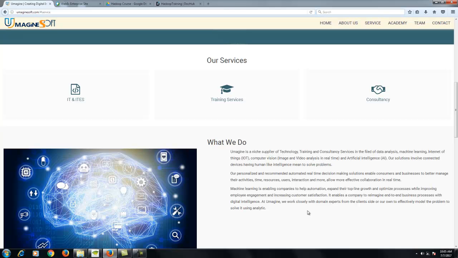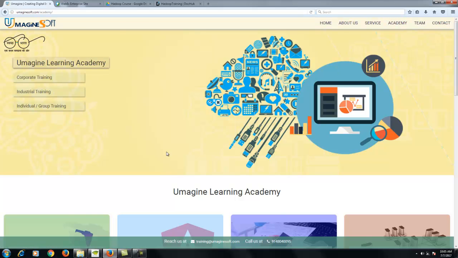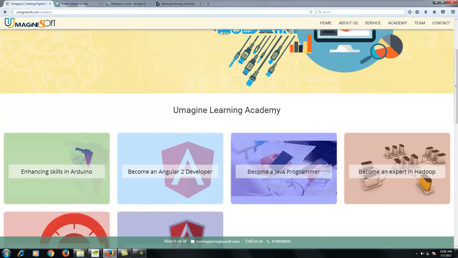So as part of our training, before we talk about the Hadoop related details we cover, I would like to show that we have an academy which we have designed exclusively for the consultants and professionals who are trying to work in a niche area.